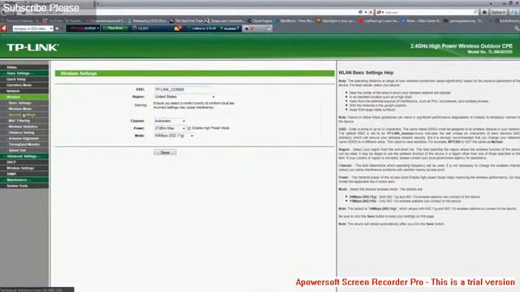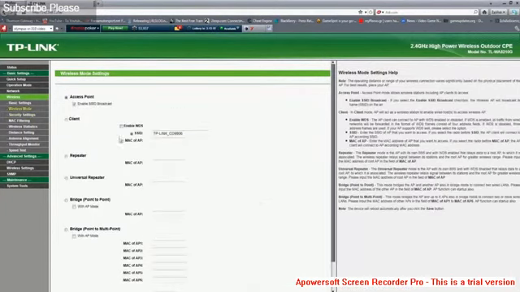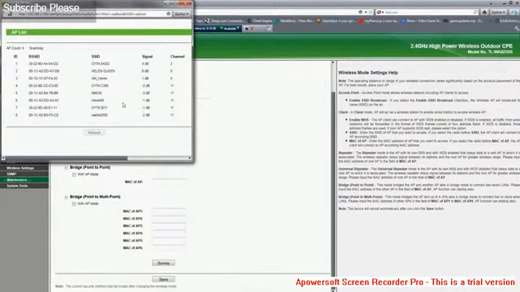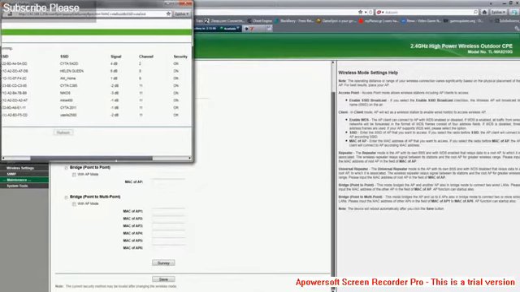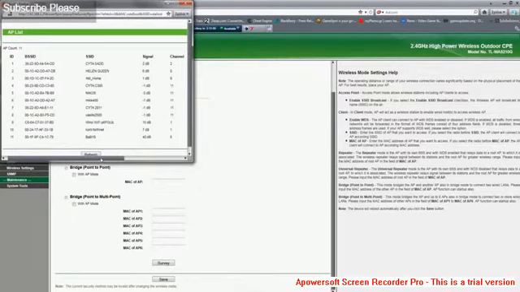Go into wireless. We go into security settings, but this is just to show you something. We don't do anything here now. And we go into the wireless mode and choose the client and click on the survey button to find our networks available. So I just found mine. It's the Babis one. That's the one.